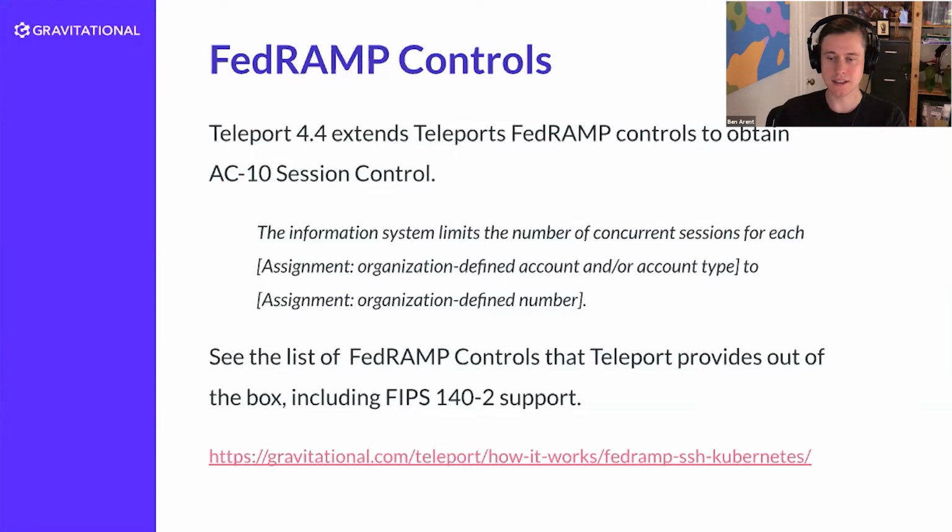And this is another checklist. So we've had customers, as they've gone through the FedRAMP program, where an auditor will say, okay, you have 20 of these 25 controls, you still have these 5 left. And then every 6 months they need to report, okay, we're working with the Gravitational team to get this last control. So I think this helps a lot of our current customers obtain the last check